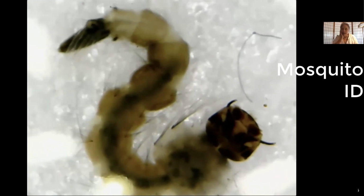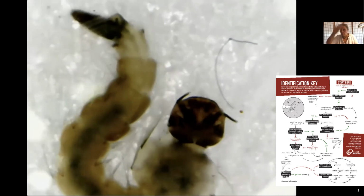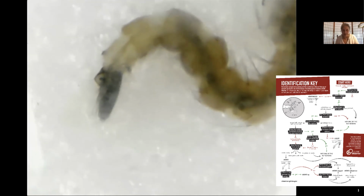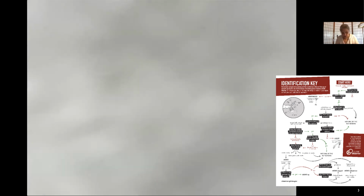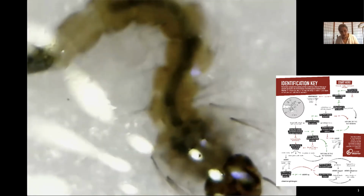Okay, now that you've seen the flow chart, I think you have a broad overview of what we're going to do. When we're looking at the key, the first thing we're going to do is take a look at the siphon and describe that siphon according to the steps in the key. So the first step in the key asks us to look at the siphon and determine whether or not it is very sharp, like for piercing plant tissue, or if it is blunt, or if it is long